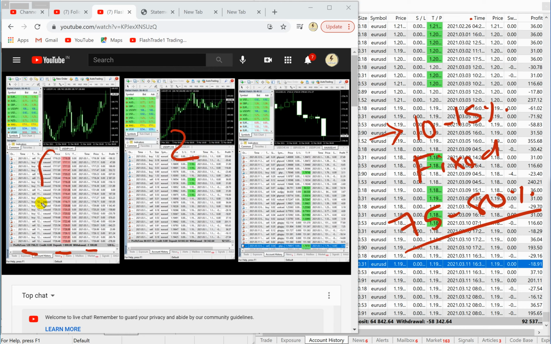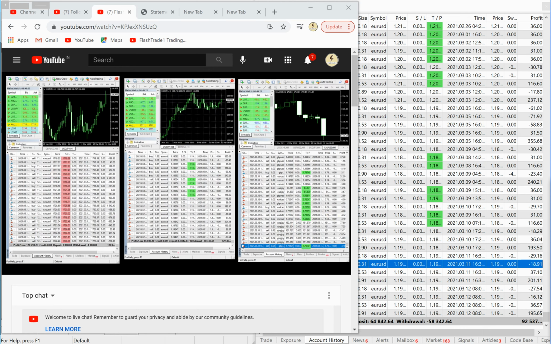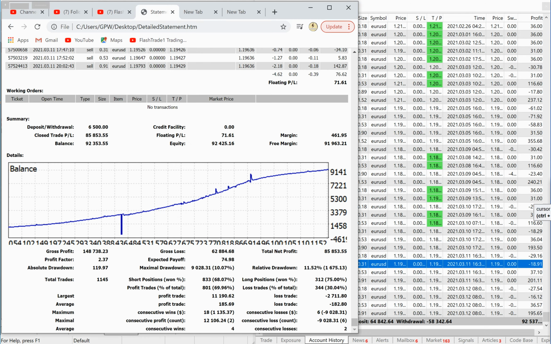Here just gold is traded, so this is a high risk strategy. This is the safe risk strategy, and here we are trading multiple pairs and cross pairs, as 100k is deposited, so we have good margin to trade all currency pairs on this account. Now we'll check the statement of this account, where you can see that 11% is the drawdown of the account.